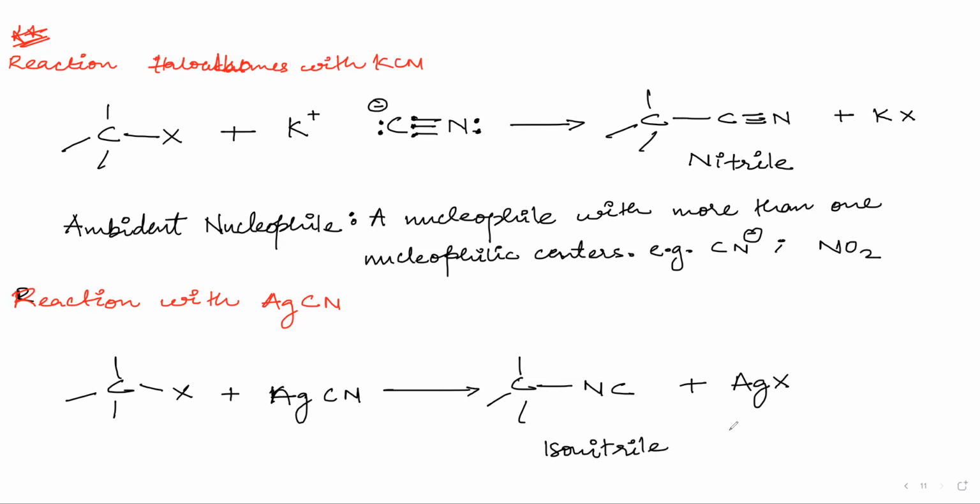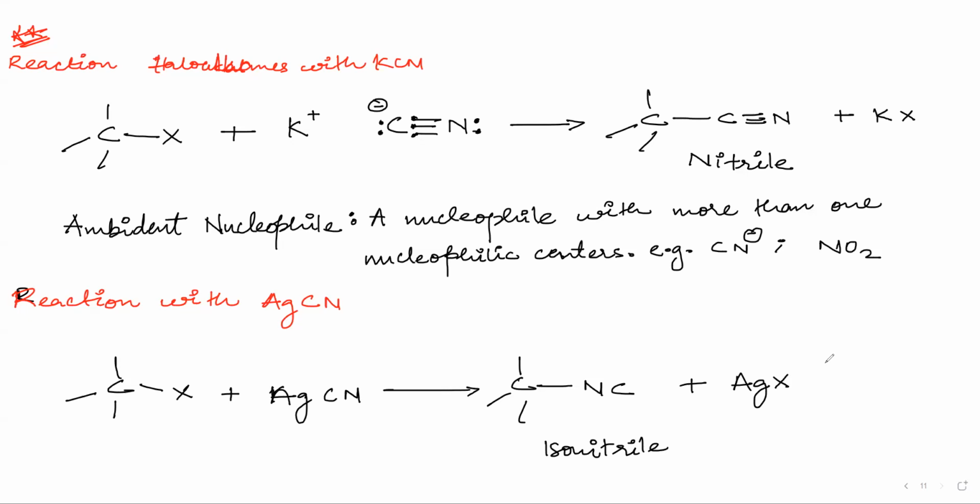This is isonitrile. Okay, write this slide, then I will frame up a question. Then we will understand why this difference is there. The difference here is not very large. The answer is very simple: KCN is ionic, and that is why it is dissociating. And if it is dissociating, it is now an ambidentate nucleophile, right? Because it can attack from both the sides.